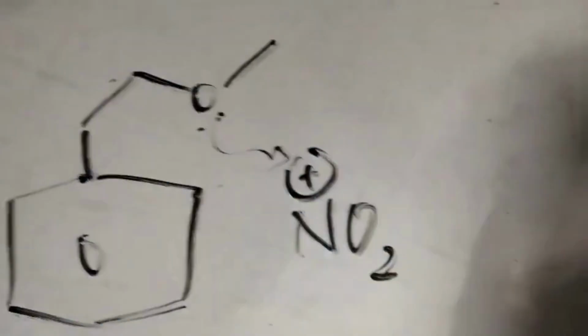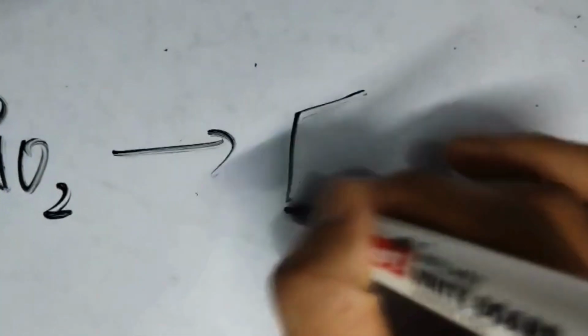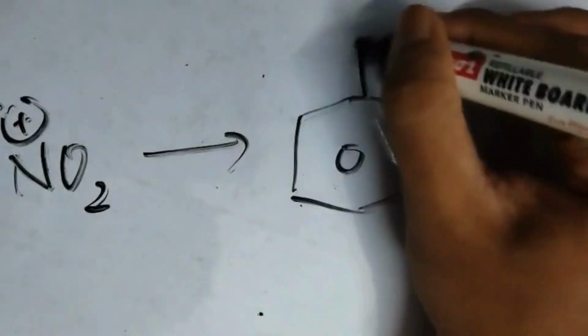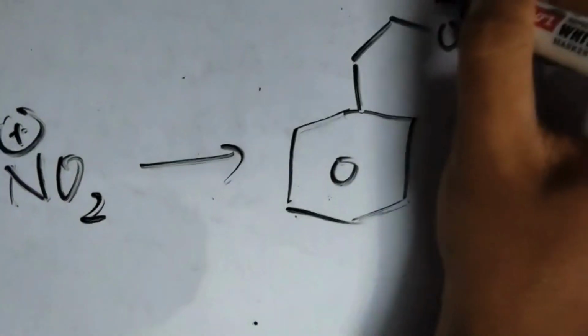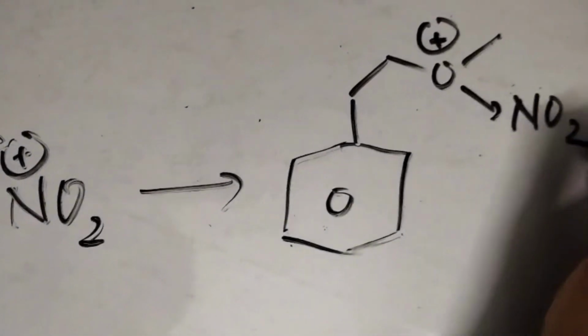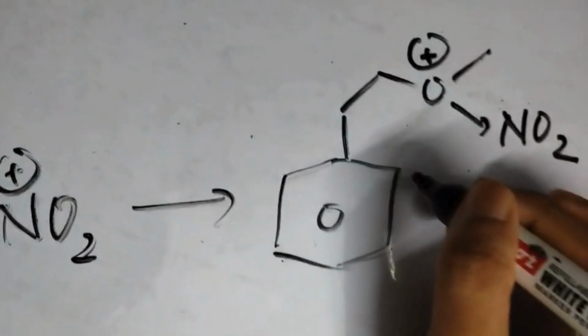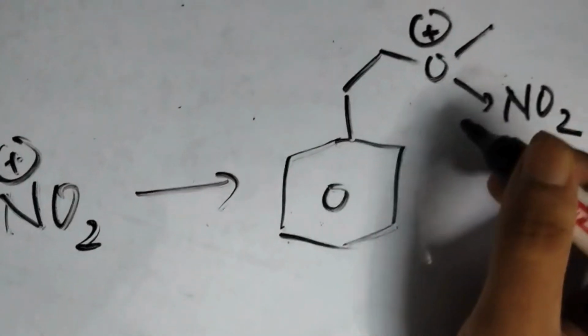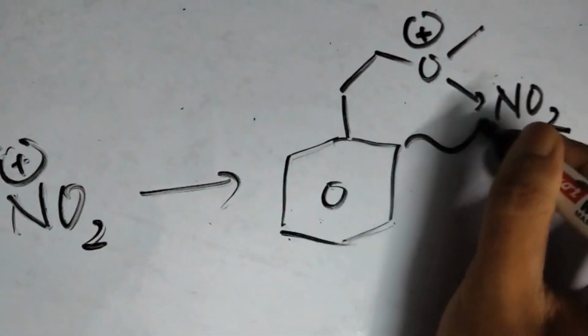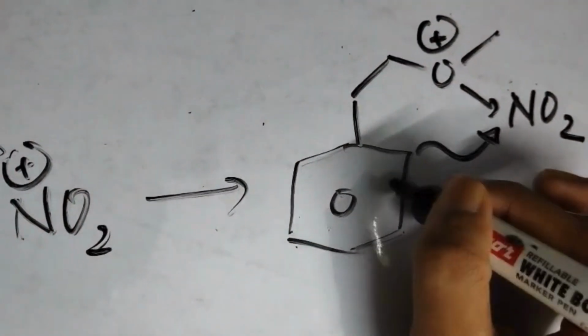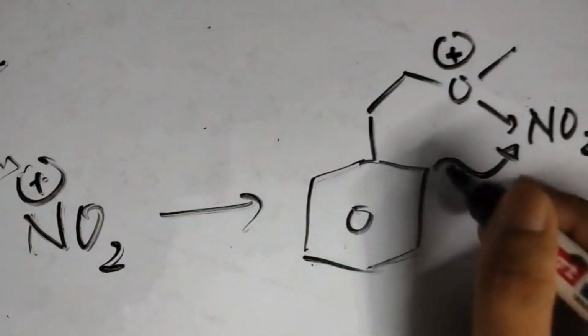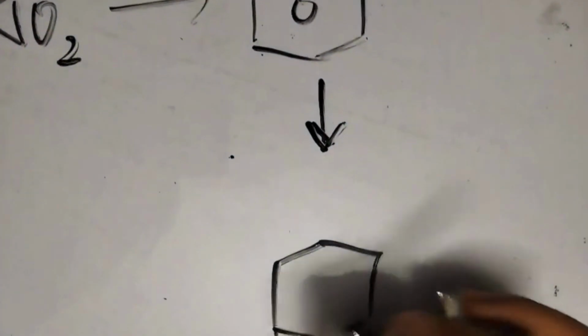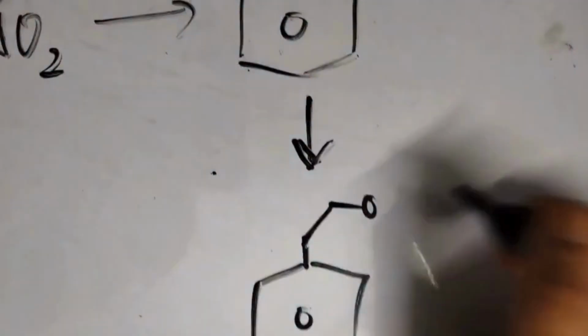So the oxygen atom donates a lone pair, forming a coordinate covalent bond, and we get something like this with a formal charge on the oxygen. Now, when this further proceeds on gentle heating, the attack of the electrophilic aromatic substitution occurs specifically from the ortho position. Why? Because this leads to the formation of a 6-member cyclic transition state, which can be drawn as